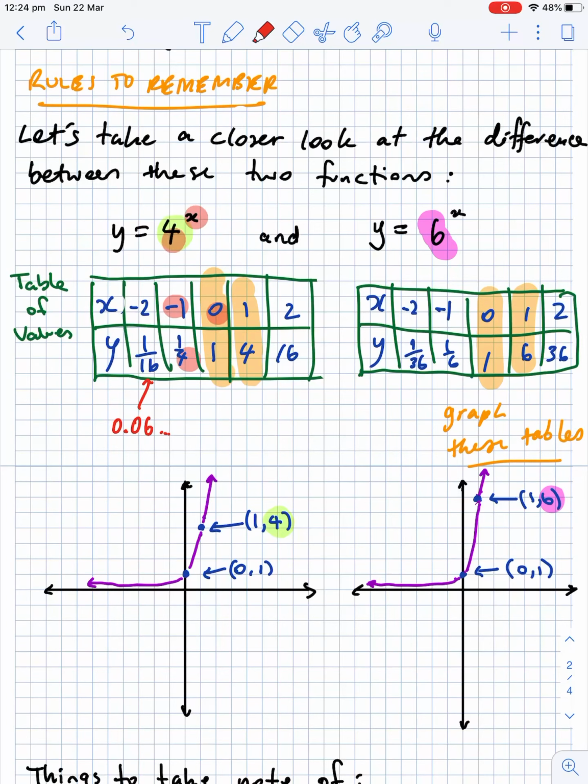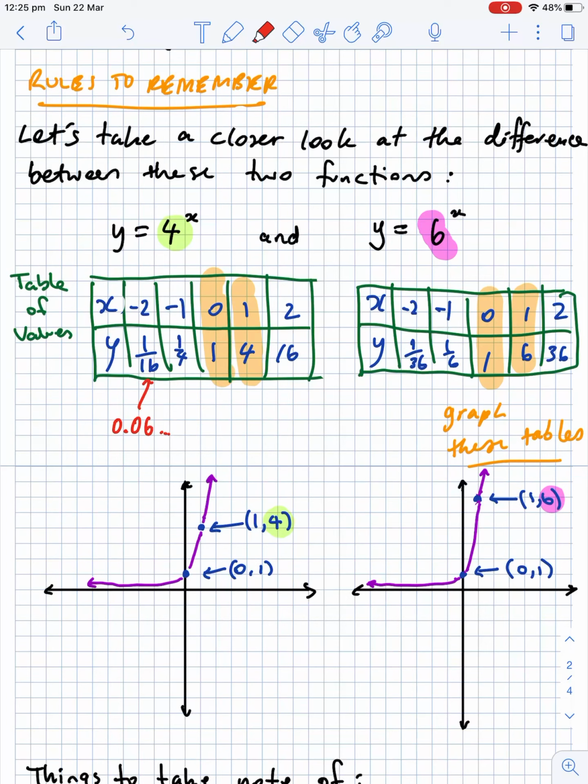4 to the power of 0 is always 1. Anything to the power of 0 is 1. And then you've got 4 to the power of 1 is 4, and then 4 to the power of 2 is 16. So these tables shouldn't be too bad. So a similar sort of thing happening over here with 6 to the power of x. Okay, so when you're graphing these,